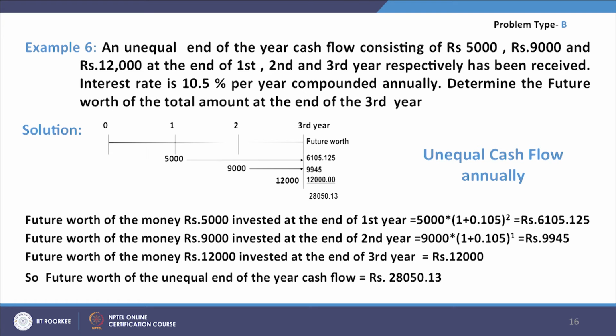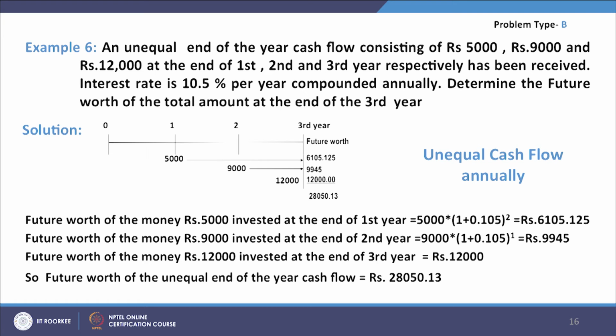At the end of the first year 5,000 is paid, at the end of the second year 9,000 is paid, and at the end of the third year 12,000 is paid. So, all these future worth has to be calculated for these amounts. So, the future worth of this 5,000 which is paid at the end of first year is 6,105.125. Future worth of this 9,000 which is paid at the end of second year is 9,945, and the future worth of this 12,000 paid at the end of third year is 12,000. So, this can be calculated